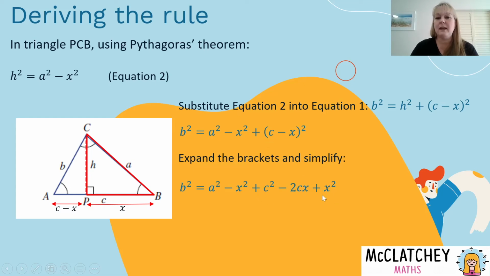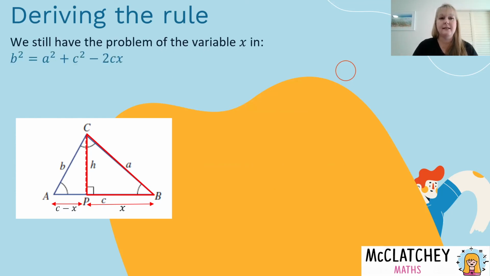So this section here has come out of this section here. Now let's simplify a bit further, because I've got a negative x squared there and a positive x squared, so we can get rid of x squared completely there. We're almost there. We've now got b squared equals a squared plus c squared, take away 2cx. I've still got the problem of x. How do I get rid of x? Well,